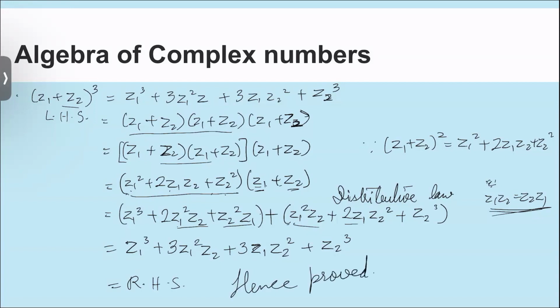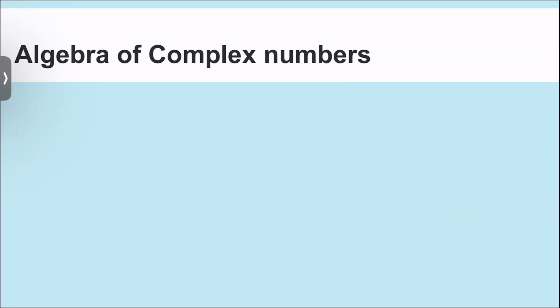Okay. Now let's take the second identity, the cube itself: (z1 minus z2) the whole cube. What we will be proving is that this is equal to z1 cube minus 3 z1 squared z2 plus 3 z1 z2 squared minus z2 cube. Okay, so now taking the LHS part, you do